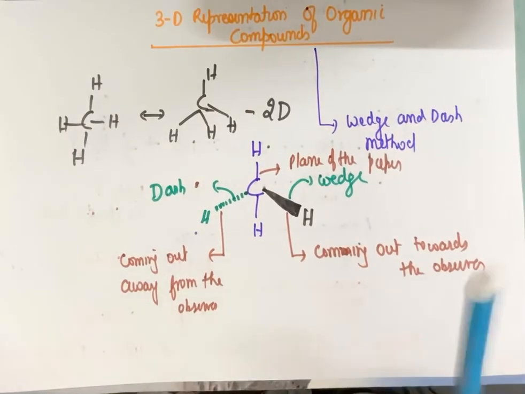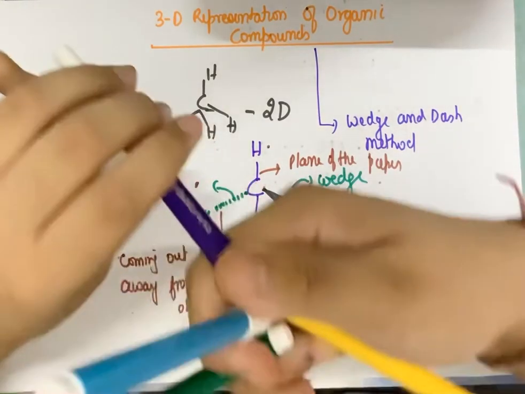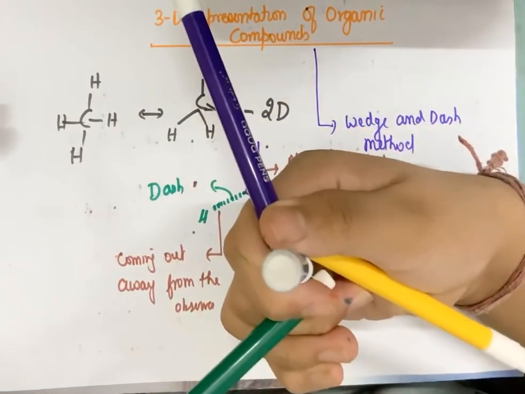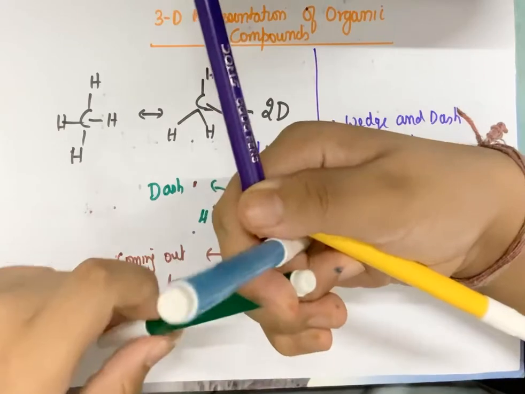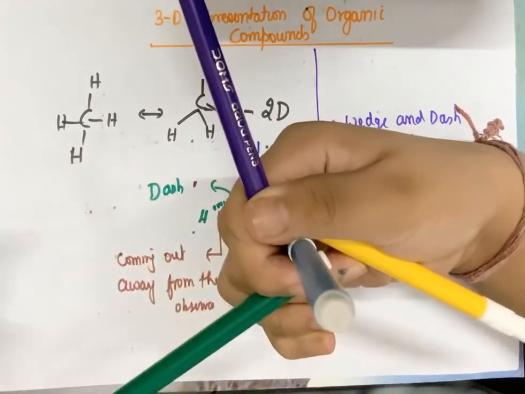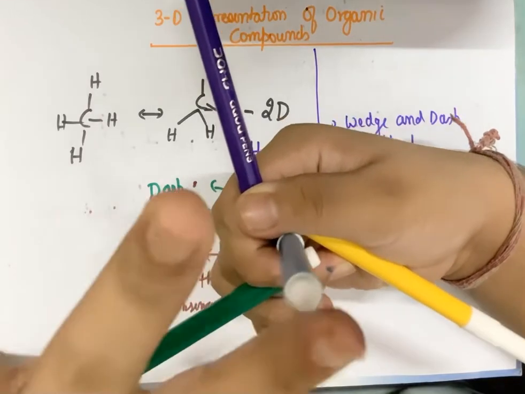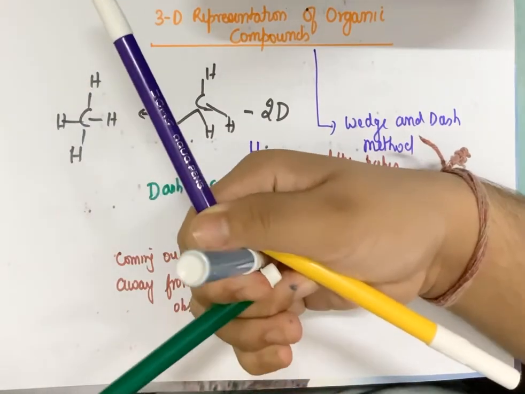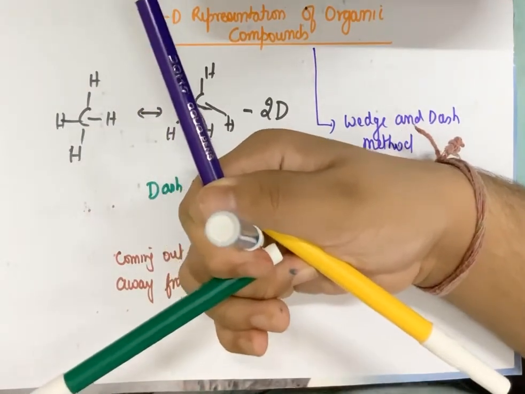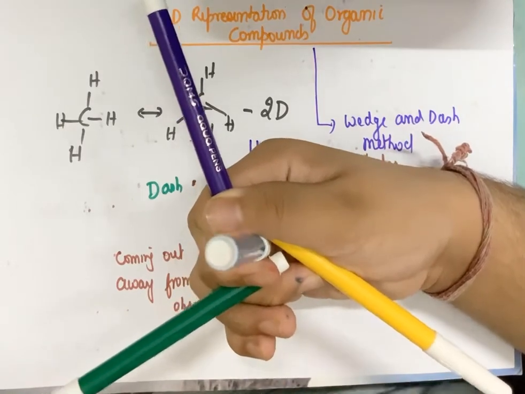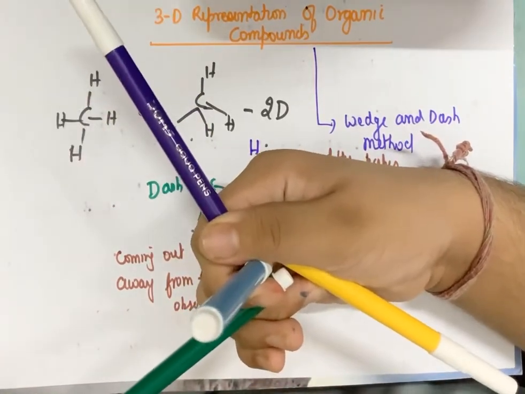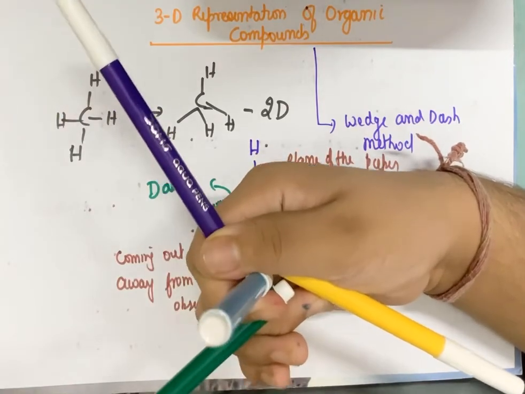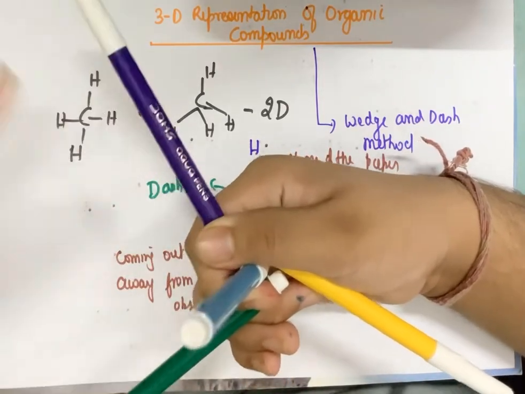It will be clear if I show it virtually. It's something like this, that I have the methane compound like a tripod. There are two bonds which are on the plane of paper. Suppose this bond and this bond, they are on the plane of paper. I am the observer. This bond is the solid wedge which is coming out of the plane of the paper towards the observer, whereas this bond is the small dash which is the bond coming again out of the plane of the paper away from the observer. So what you can see, these are having the three dimensions.